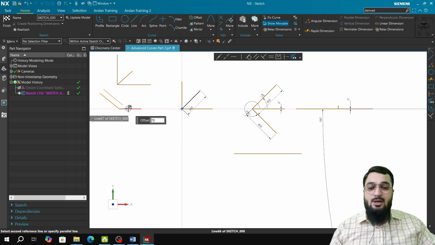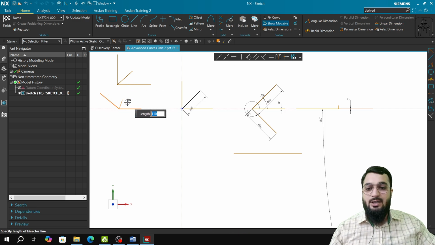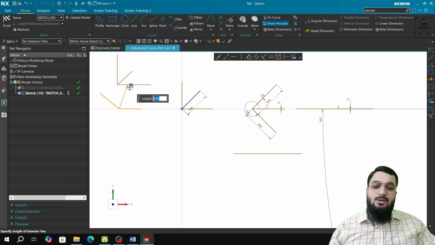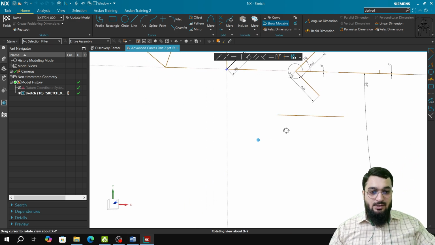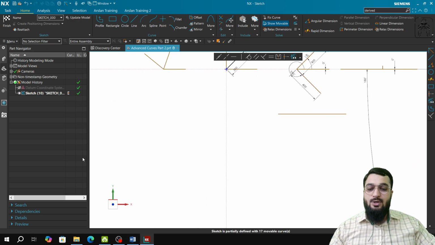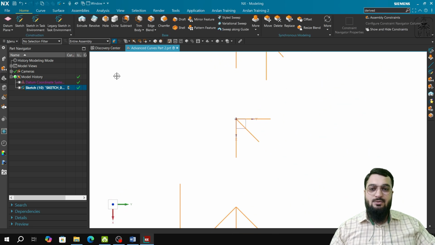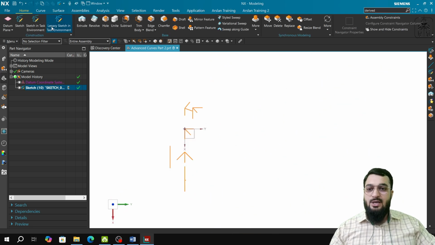I'll select this line, I'll select this line, and it is getting that angle and this angle divided by 2, and it will give you this derived line. Okay, so this was for the concept of derived lines. Now what we will do is that we'll create another datum. We'll finish this sketch environment and I will select another datum,